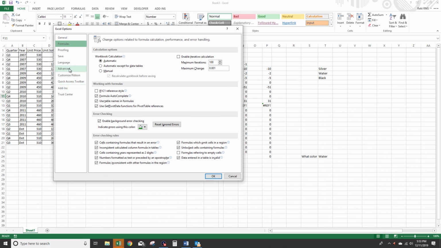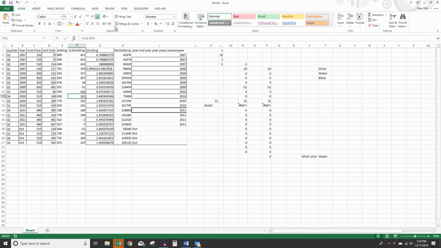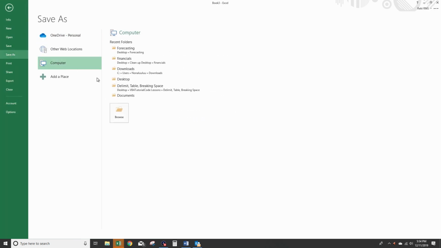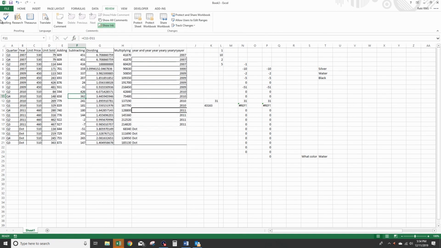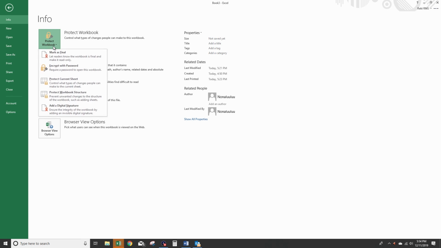So over here, if you go to save, and then go to save auto recovery, you could change your auto recovery locations. So your Excel file will save every few minutes at a specific spot. So if your Excel crashes,